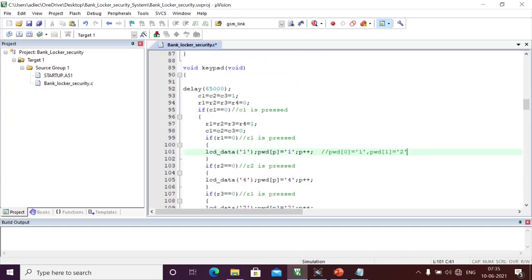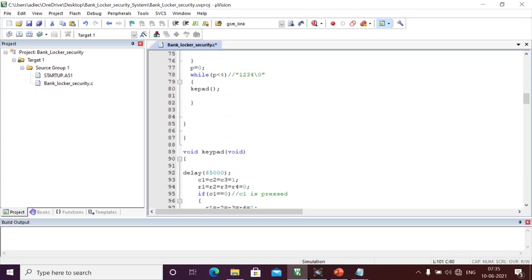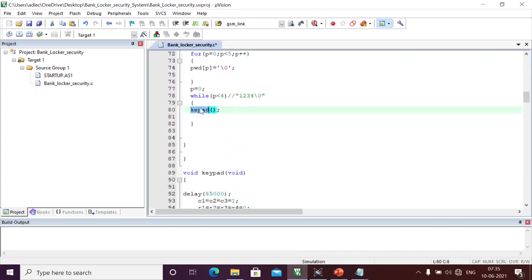Similar way I'm extending like this. Password of 3, I'm entering the 3. This is index 0, 1, this is a 2, sorry, index is 2, and this is a 3. And similarly we are storing 1 2 3 4. Let us assume I'm going to give the password as 1 2 3 4, and here I got the password.